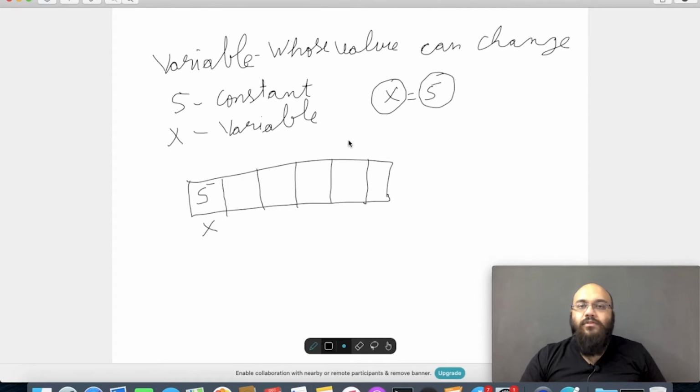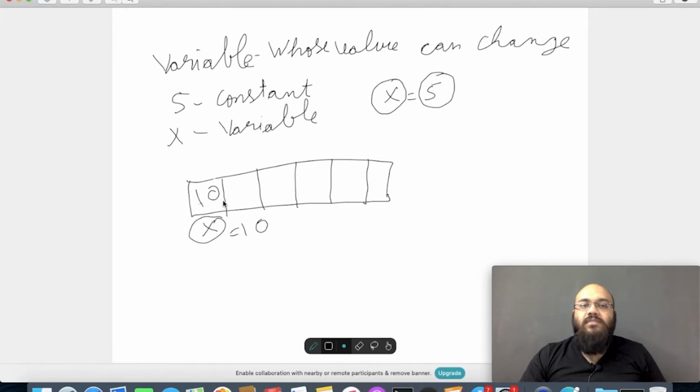So x is equal to 5 means there is a memory location inside the computer which we have given the name x, and it stores the value 5. Now let's suppose we remove this 5 and store the value 10 here. In this case, x becomes 10. Simple. So this is the concept of a variable.